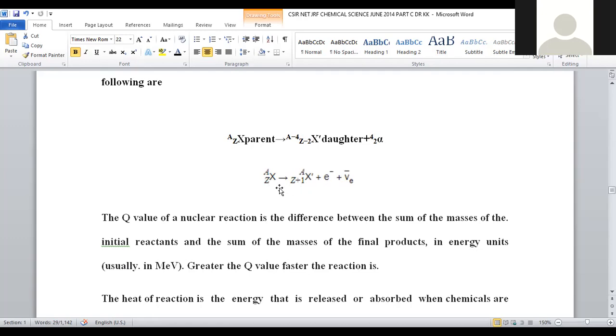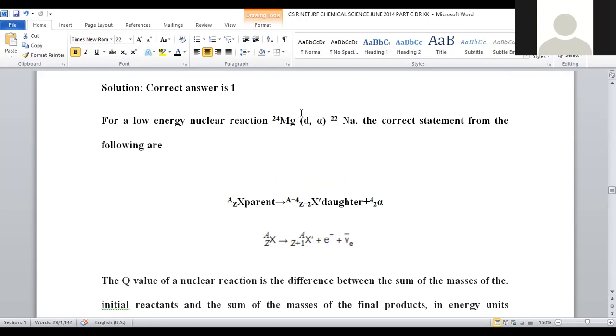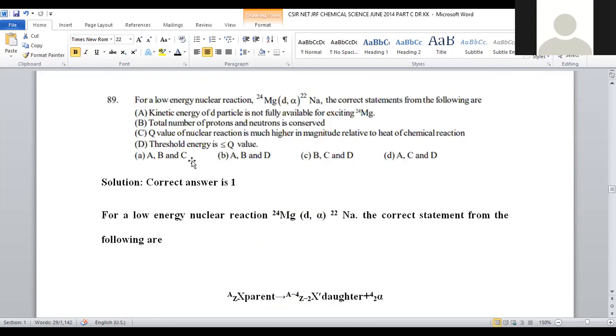Moreover, beta particle emission is possible. There is an addition of one proton. Upon emitting one beta particle, the atomic number increases by one without affecting the mass. Beta particle emission is nothing but electron emission, and the electron is essentially massless, so the mass will not be impacted by this kind of emission reaction, right? So 24 to 22 is possible.